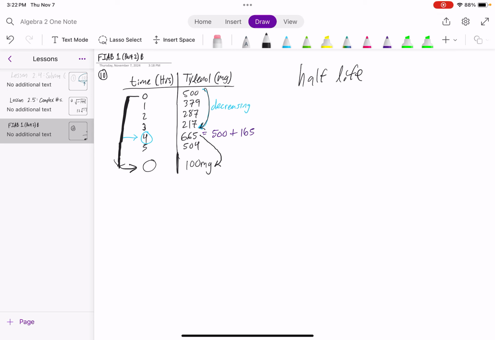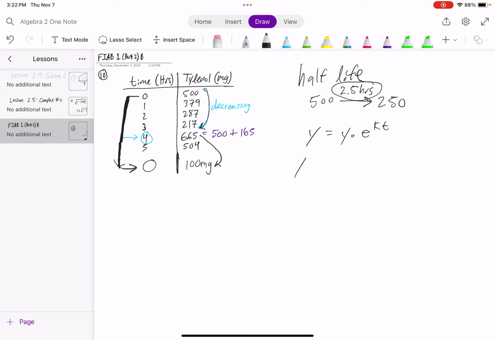So if the dosage was 500, half of that would be 250. And it would take, as it says in the problem, 2.5 hours for this to happen. Now there's a fancy formula that you can use. Y equals Y naught e to the kt,